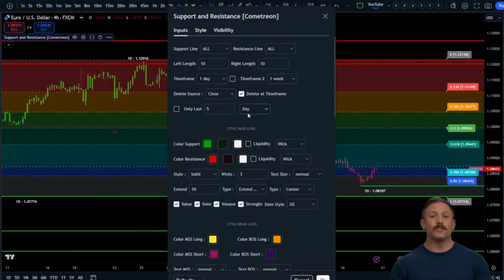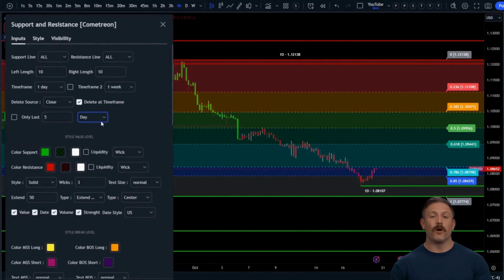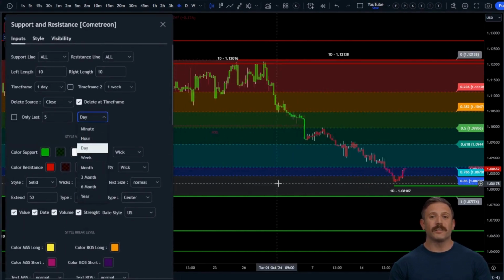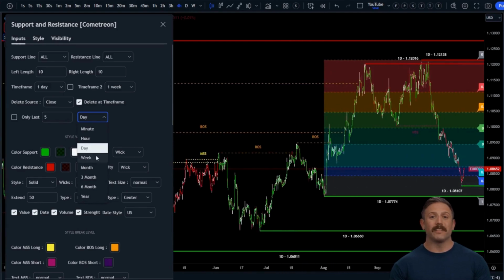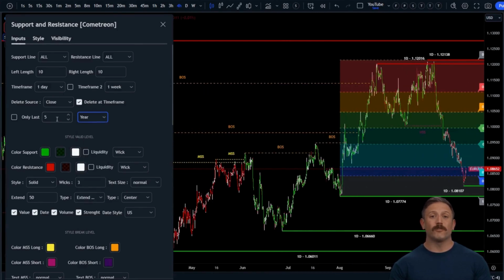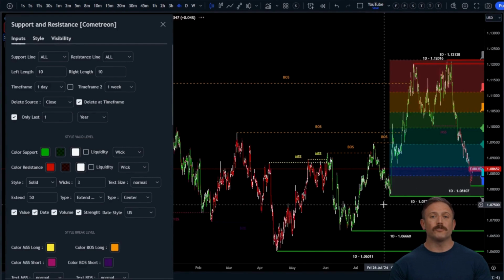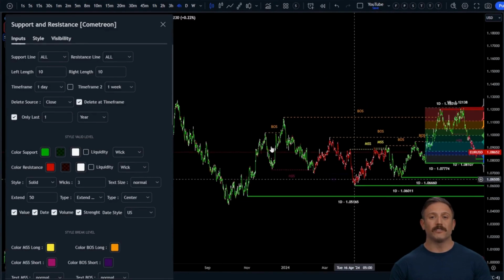In this line, you can choose a period of distance from the last candle, for example, 1 year, months, hours, or minutes. This option allows you to define how far back in the past the indicator should look for supports or resistances. This is particularly useful for lightening the number of lines on the chart, especially in lower time frames.